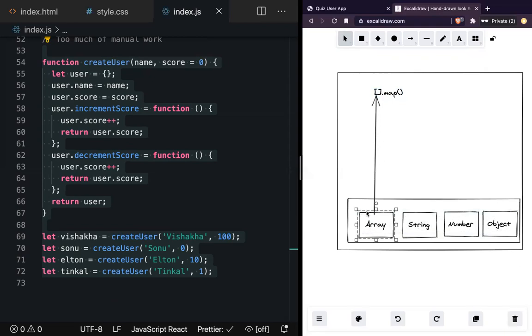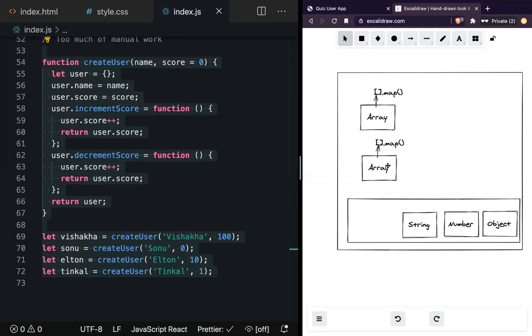Think about it: array is going to be a huge collection. It has a lot of methods, right? So right now, if there is one copy of array and we go ahead and create another array, so now we have another array, can you see the copy here?